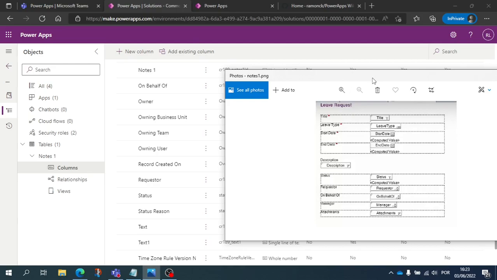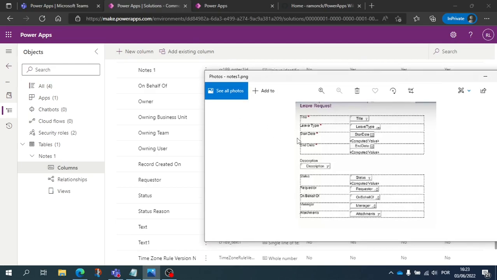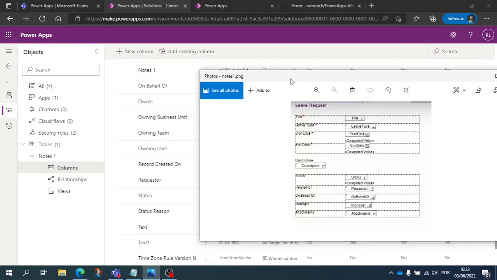So what I find very interesting is that just from a bad print screen, we created Dataverse columns, we created a form, and we did not work at all, I'll say. We just worked a little bit on it, and we created something very interesting.